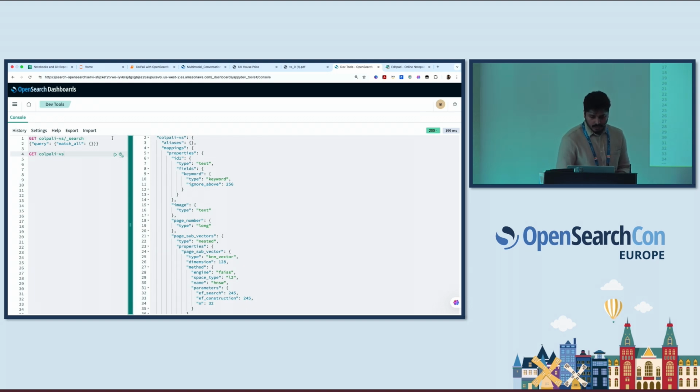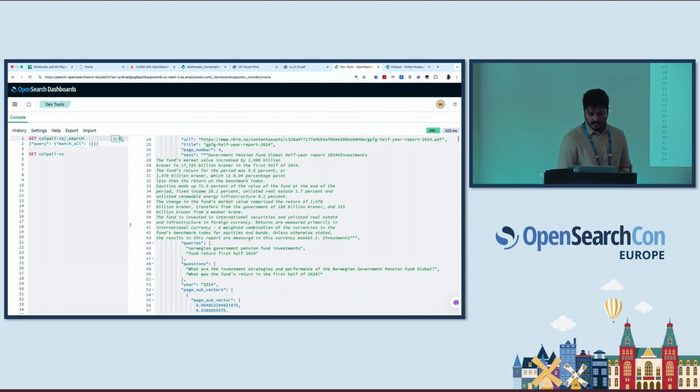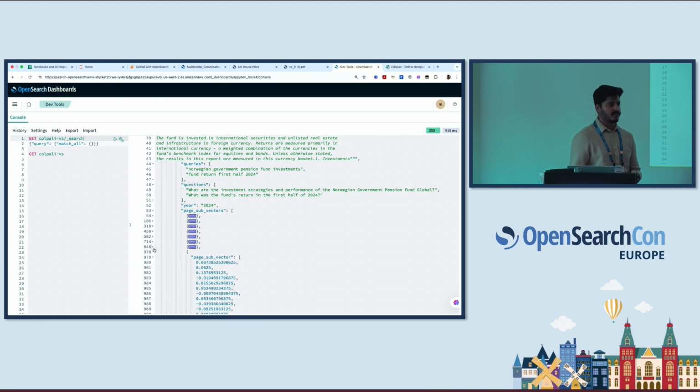And then I can quickly show you how it looks on the real document. As you see here, I have a lot of subvectors in every document. This is one single document. I have many subvectors, okay? Because of that nested field type. This is the structure you will be seeing when you index one single page with multiple vectors. Okay, having that said,